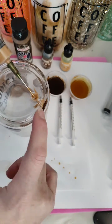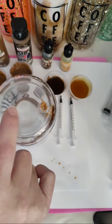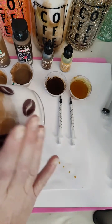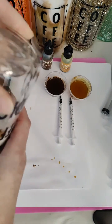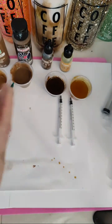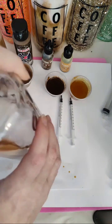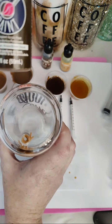Try to make sure your needle goes off the end of the jar, right? The goal is to not have paint towards the top as we get towards the top and want to close it off, because you want to be able to control your colorant. All right, so first color is in. I am slightly tapping, not shaking, and I want it to get all the way over to the side. It's okay if it doesn't, because we're going to roll it around a little bit and we're going to make it work. Next color I'm going to use is our bark brown,